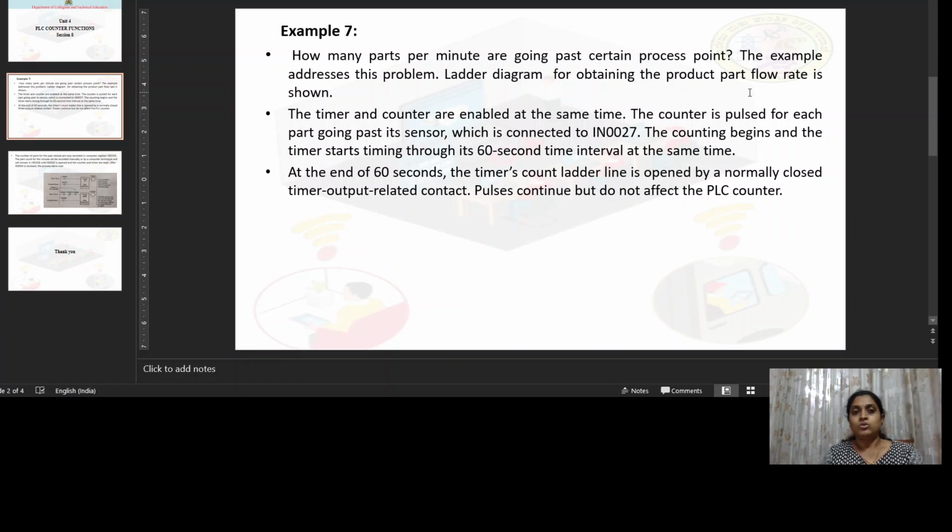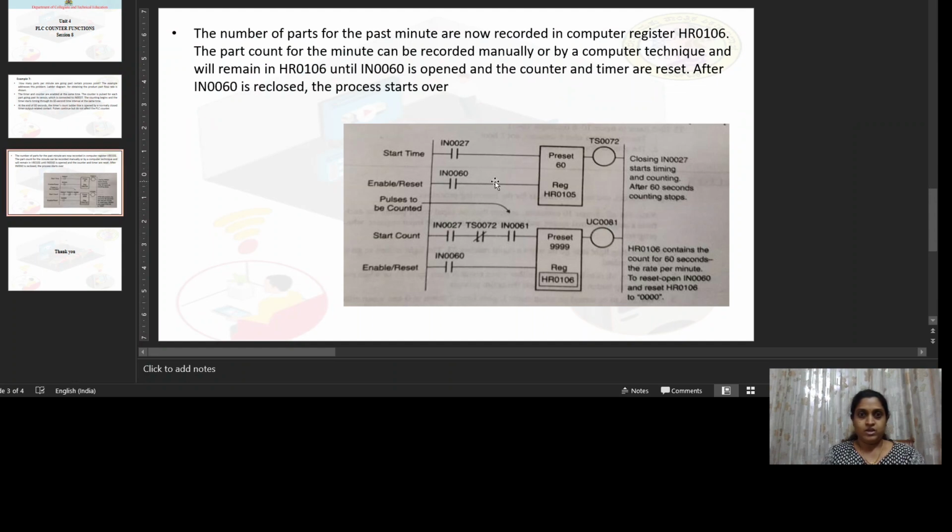So to keep track of the number of parts, we need a counter. So we are using the timer as well as the counter in this application. Let me show you the ladder diagram.